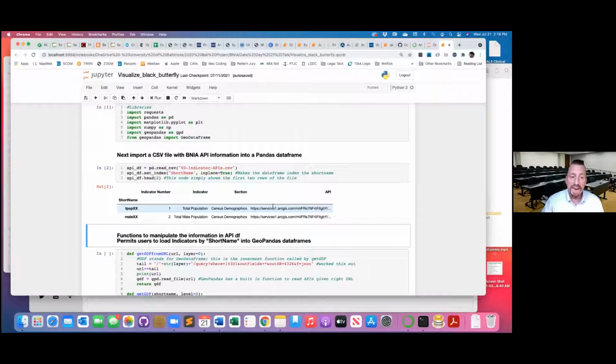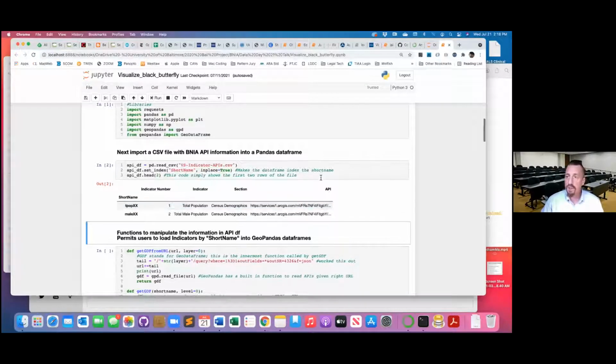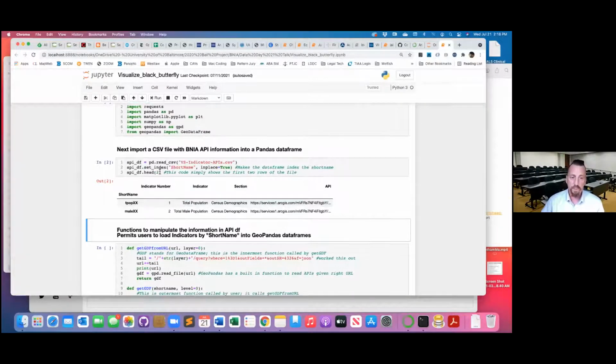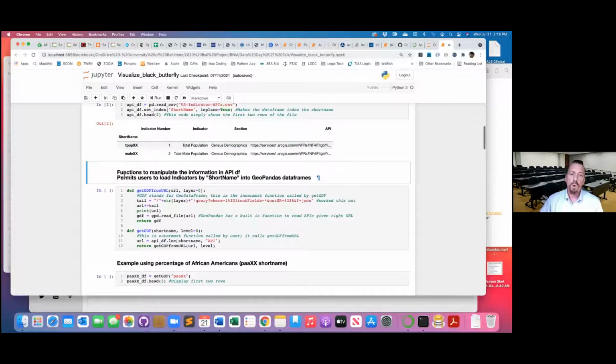So now I have all of the information about BNIA's APIs in just one data frame. All right. And what I'm going to do is manipulate the information that's in there to pull that information back. I'm actually going to use the API. All right. And so I had to write 2 functions, right? So as the comment here says, functions to manipulate information in API_df permits users to load indicators by short names